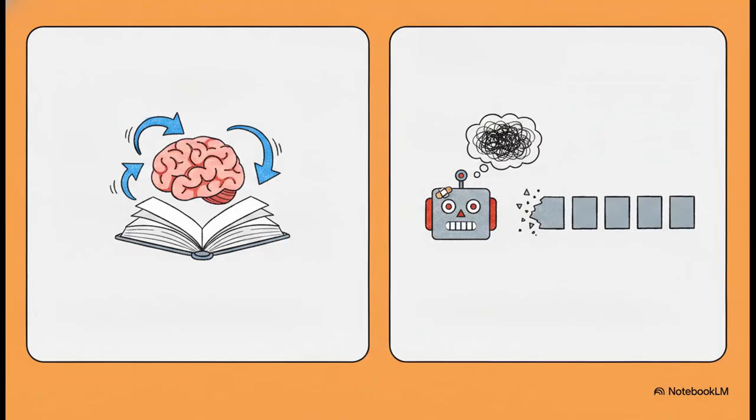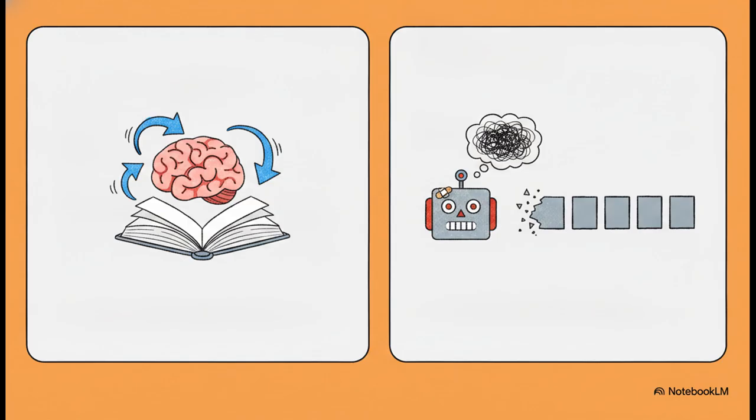Think about how we read. While humans do read sequentially, we have working memory, we have common sense, and we can instantly jump our eyes back and forth across a page if we need to. But an RNN reading a long text experienced something more akin to you walking into a room and completely forgetting why you went in there in the first place. By the time it reached the end of a long passage, it had totally forgotten the beginning.